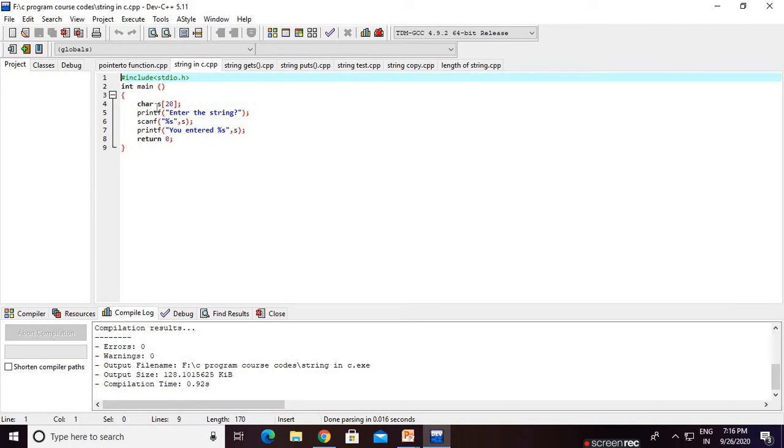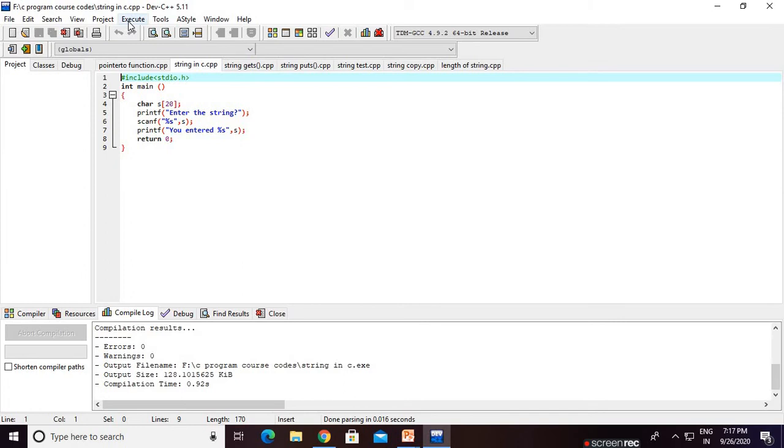Now what is this s? s is a character array. But here there is a difference: we are not using the ampersand. In the case of an array, I will show you, use the ampersand. In the case of a string, there is no need to use the ampersand symbol. This %s automatically takes the input starting from index 0, then index 1, index 2, index 3, automatically. We do not need to write the ampersand symbol. For printf also, we print s, which means the whole character array.